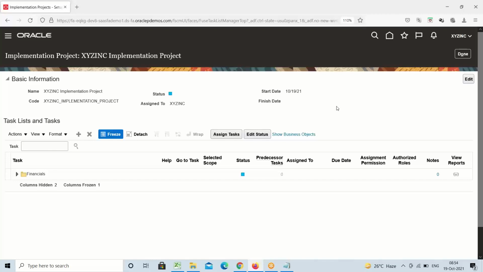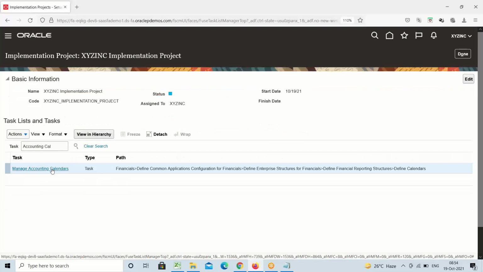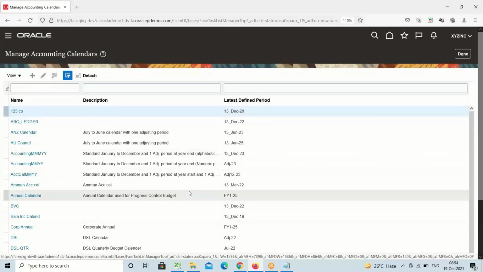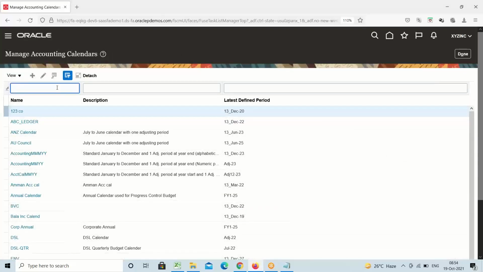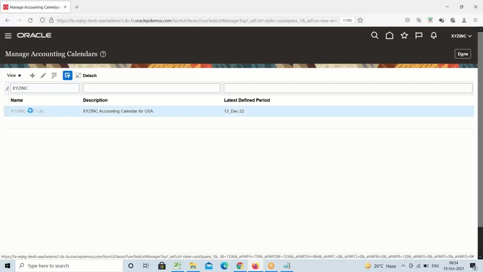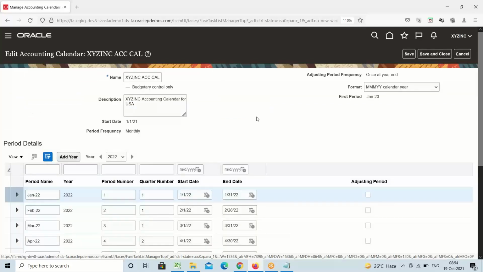Now we will go to our accounting calendar. Once again, I'll take you to the same accounting calendar. Manage accounting calendars. Click on the go to task icon. Search for our accounting calendar, XYZ. Enter from the keyboard, use the enter key. Click on the name because it has a hyperlink. Now you see here